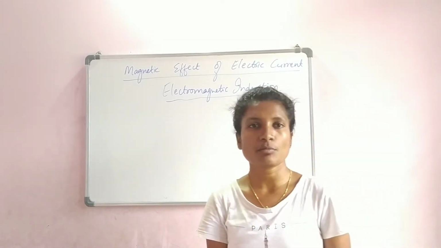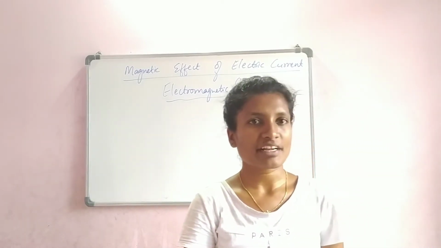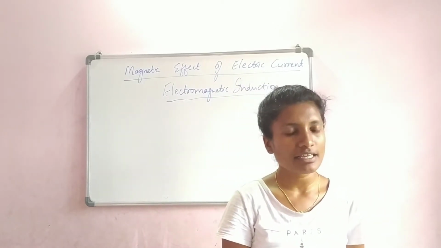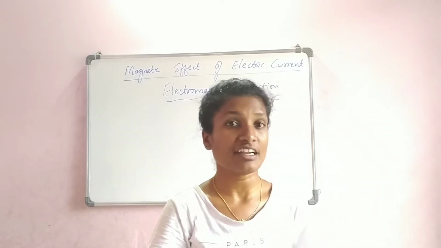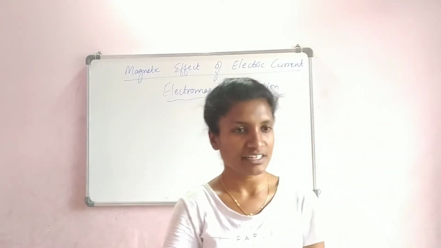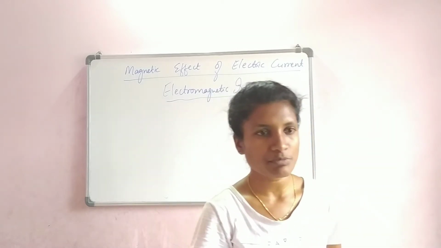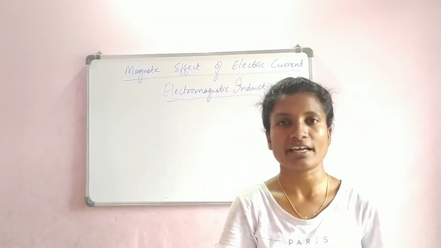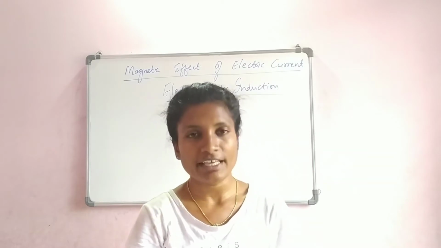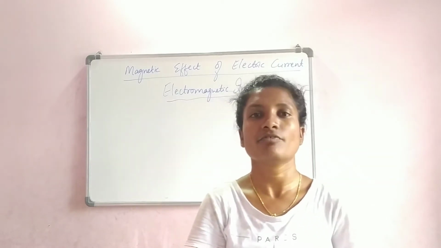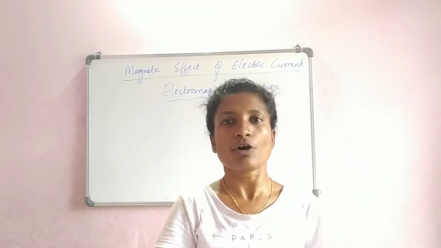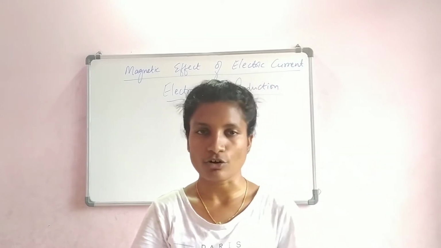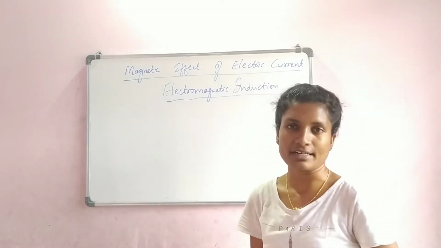So last class we discussed electromagnetic induction. Electromagnetic induction is how an electric current creates a magnetic field. Similarly, a magnetic field around a current carrying conductor can also generate electricity. To put it in a framed sentence, we can say that the production of electricity from magnetism is called electromagnetic induction. And there is a device called a galvanometer which will detect whether the current is induced or not. It will help us understand whether current is present in the conductor or not. So that was the topic we ended with in the last session.